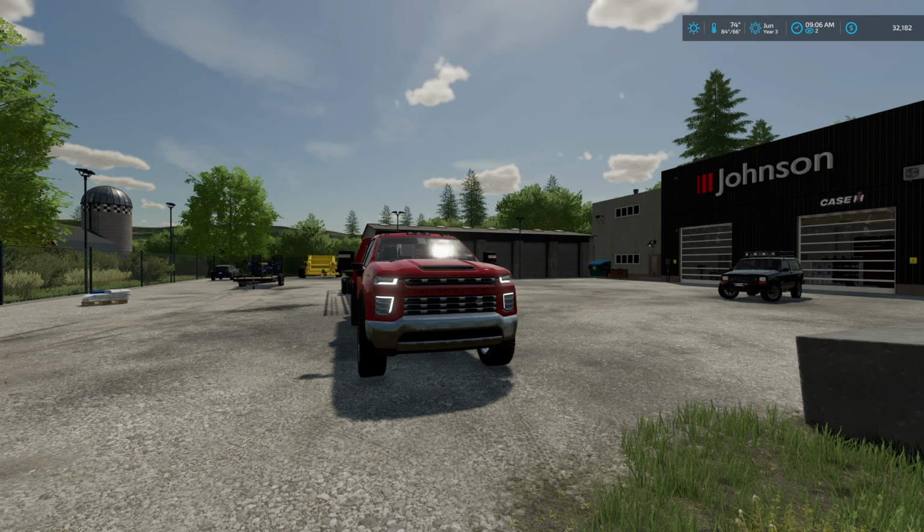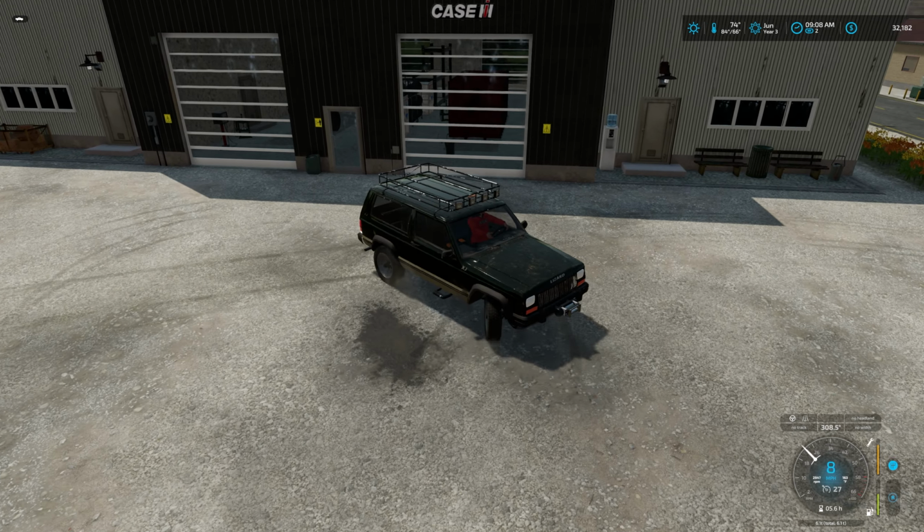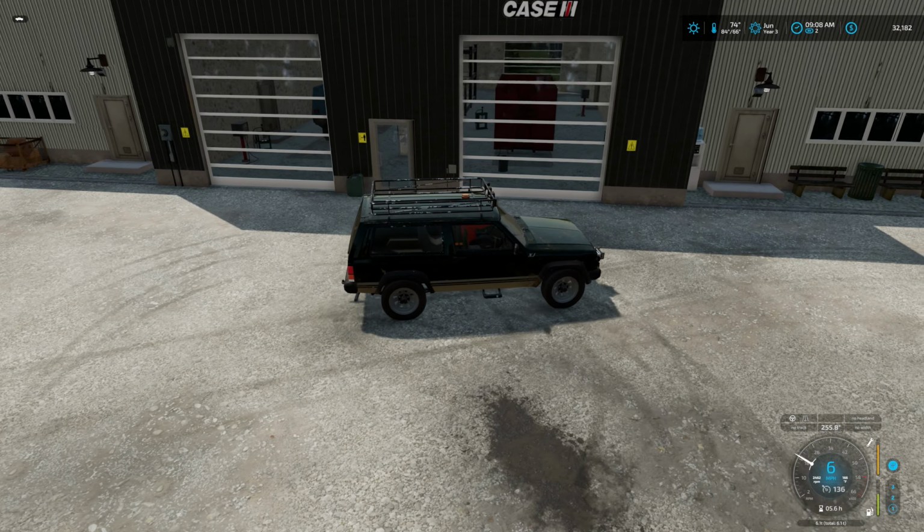So we're going to sell the little SUV now. It has served its purpose. Oh, we are not in the zone. It has served its purpose and has been a good little vehicle for the farm, but we now need to move on to something that is just a little bit more heavy duty so we can do some hauling without having to use the tractors. So there we go. Yeah, we're going to sell it. We're not going to make much, just $3,000,